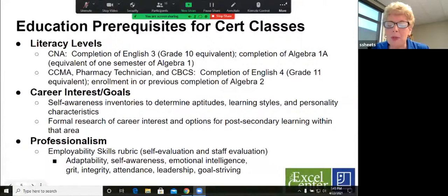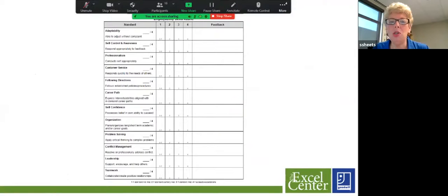We focus on adaptability, self-awareness, emotional intelligence, definitely being able to empathize with the situations of others as part of emotional intelligence, grit, integrity, attendance, including punctuality and active participation in a class or in a work experience, leadership, and goal striving. And then on our next slide, we just wanted to show you the rubric that we use